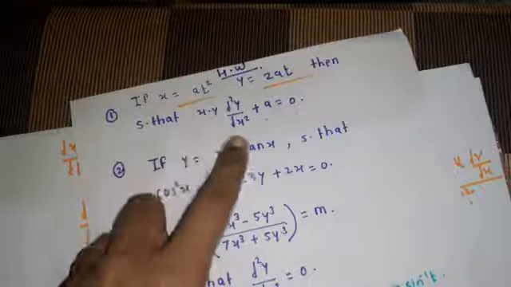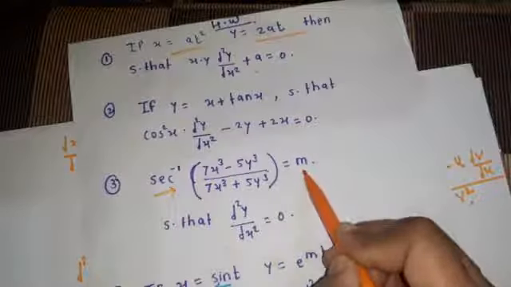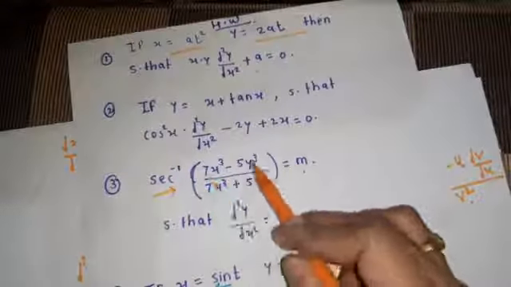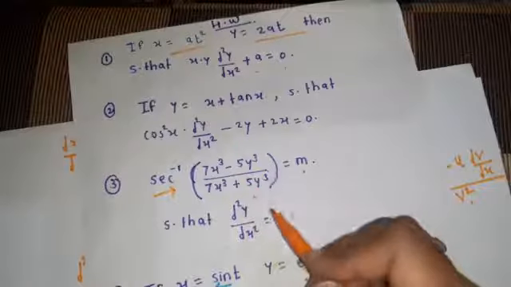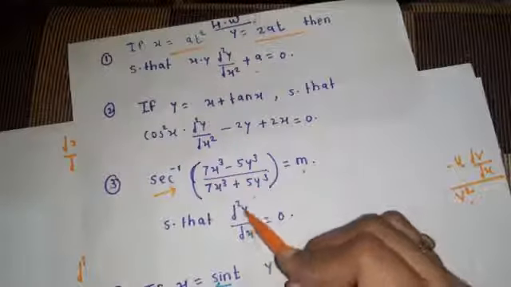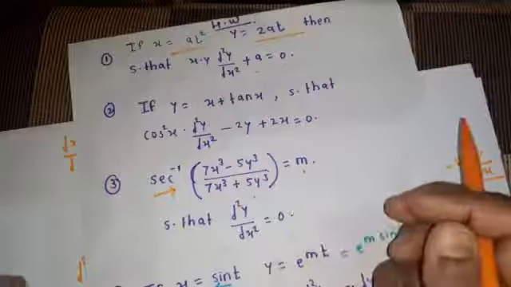Okay students, here by using parametric differentiation, first find out dy by dx and then d2y by dx square. Differentiate dy by dx, you will get d2y by dx square. Slightly adjust the terms, you will get the proof. In the same way in this problem, shift this sec inverse to that side. Then by using the u upon v rule, the adjustment is there. Then you will get d2y by dx square equal to 0.